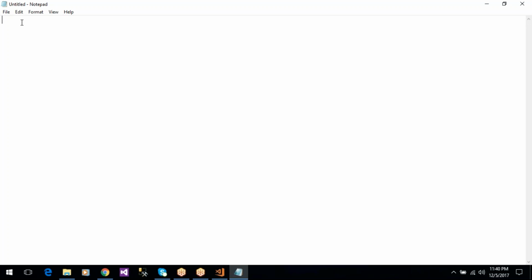Okay, so today we can start with CSS. CSS stands for Cascading Style Sheet. Cascading Style Sheet is a language used for describing the look and feel of the